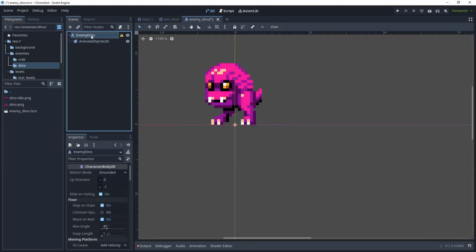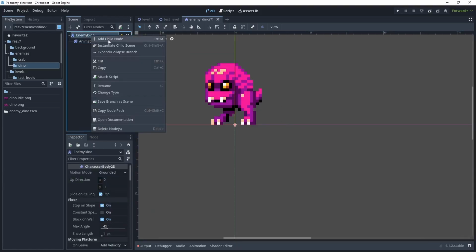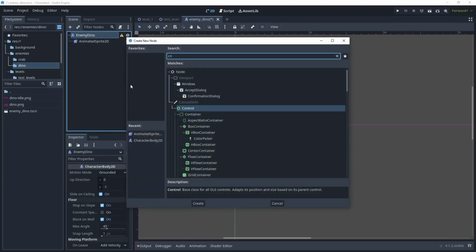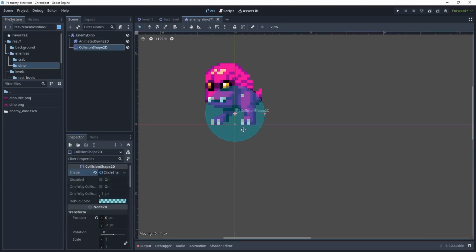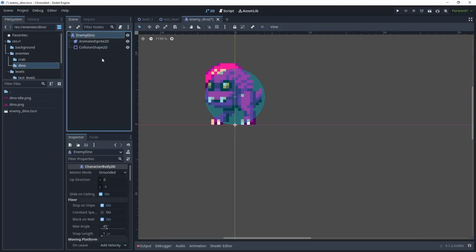And then let's have a look at adding our collision. So we'll say add child node, collision shape, and then just make this a circle. And then do the same, let's move that up, and we can leave that at that size. So now that we've added the collision shape, let's go back to the character, click on enemy dino node, and